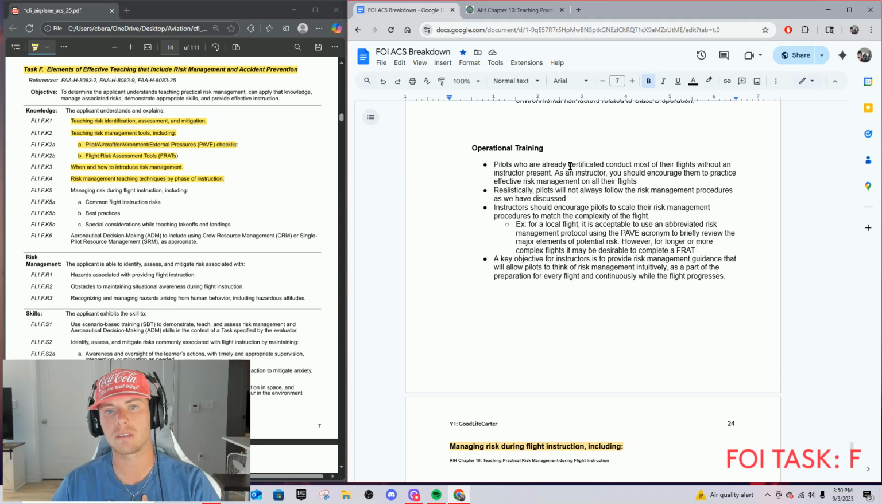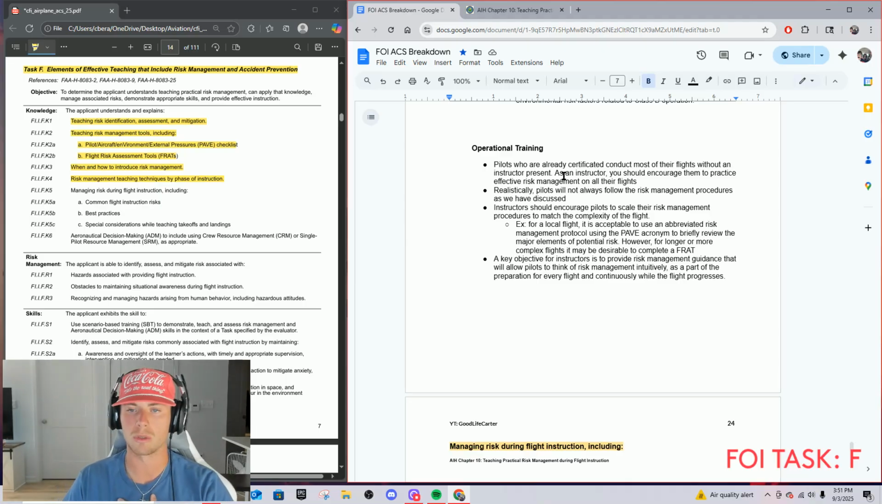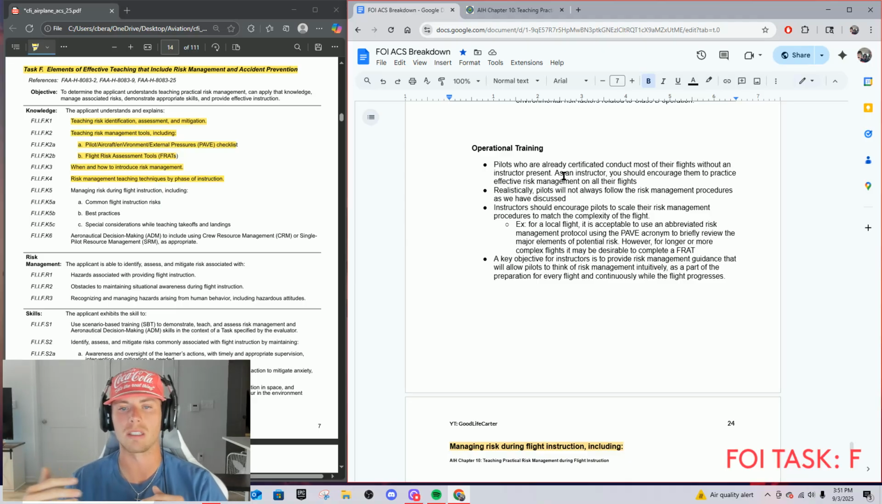Operational training, pilots who are already certified conduct most of their flights without an instructor present. As an instructor, you should encourage them to practice effective risk management on all of their flights, which is absolutely true. It's when you start to get away from your flight training and you're flying on your own, when you start to lose those habits, those safe tendencies, because if you're just pulling your plane out of your hangar, going up to fly by yourself, there's no one overseeing you. So it's like, why would I do a complete